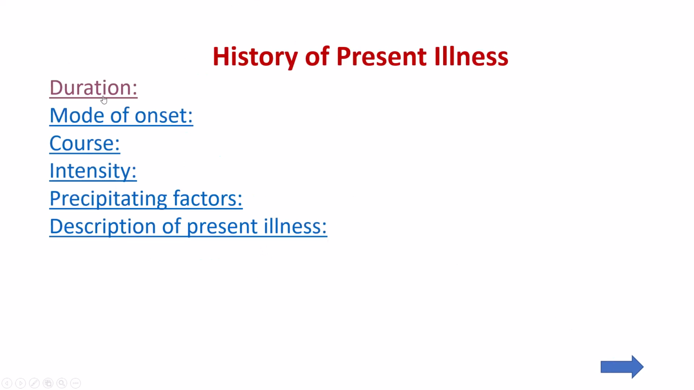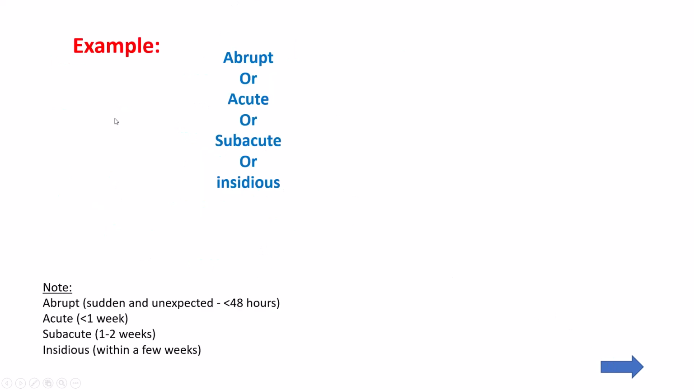History of present illness: how long it has been there. And then mode of onset. Mode of onset is how it started. Is it sudden or unexpected? If you see that it's abrupt, if you are writing abrupt,